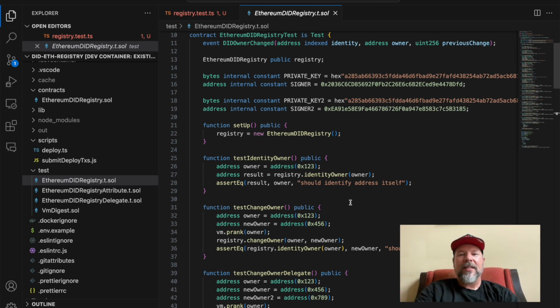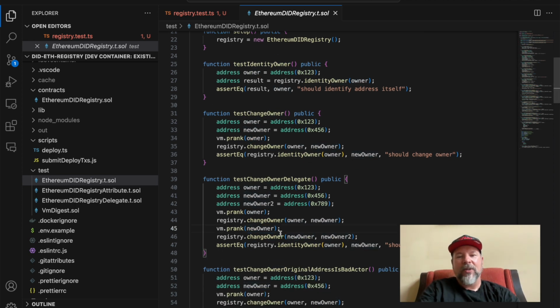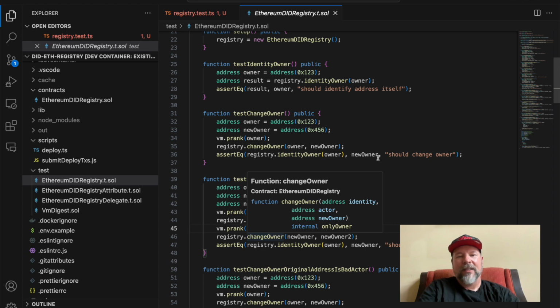So really, at the test level, it gives the best advantage to contract engineers to be able to learn, actually, the nuances of how the EVM works and how it works specifically with your code. And it also gives you the ability to write little experiments and toys. Say you don't understand the behavior that's going to happen if the owner is A or the owner is B, right? A test is the perfect way to diagnose and gain that understanding.